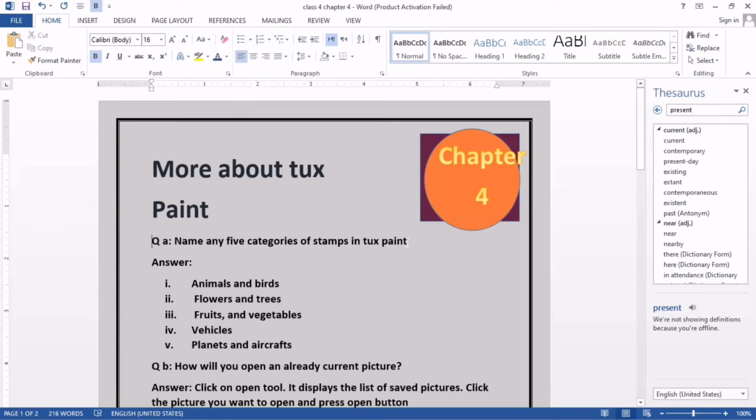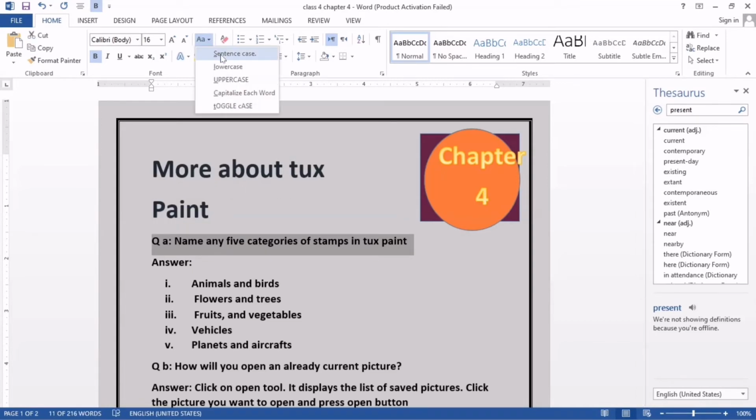For this I select this one, and if I click here, you can see sentence case. So this is already in sentence case. Now if I click on lowercase, all alphabets become lowercase, meaning there is no capital letter here. If I click on uppercase, you can see all become upper case. There is no lowercase letter now.